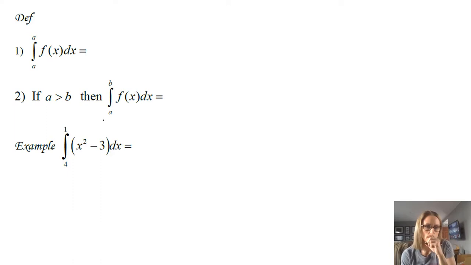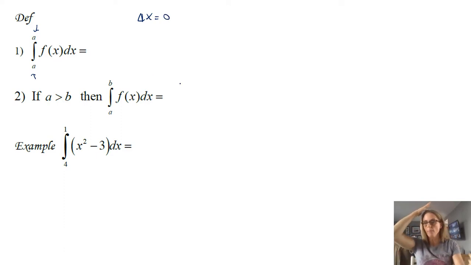All right, a couple definitions here. Think about, we have the integral from a to a of a function. And if you think about that in terms of the limit of these rectangles, if you're going from a to a, your change in x, your delta x, thinking of the limit definition, is 0. So you actually cannot create rectangles or add up any of them. And so this area, not surprisingly, is just 0. So you can't integrate from a to a and get anything exciting.